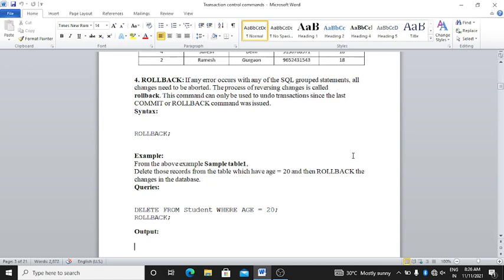We go through table number 1: there are 6 students and 2 students whose age is 20. We deleted the 2 students whose age is 20 in the last commit instruction. In rollback we have to do this. Again, if I want that information in the table, then I have to roll it back.